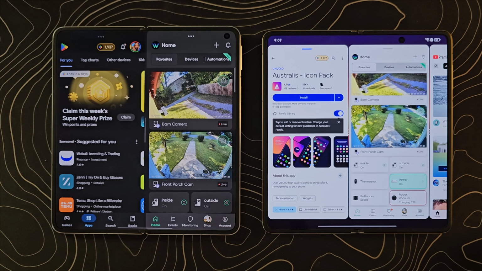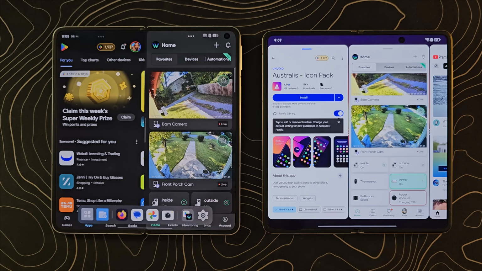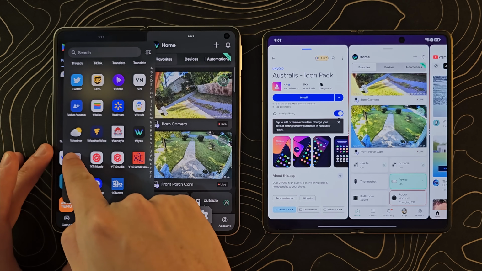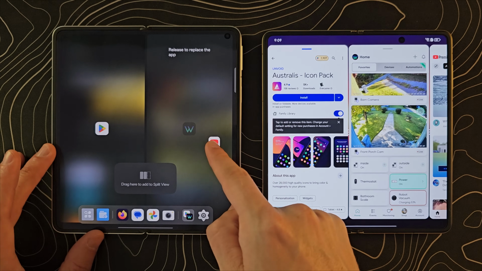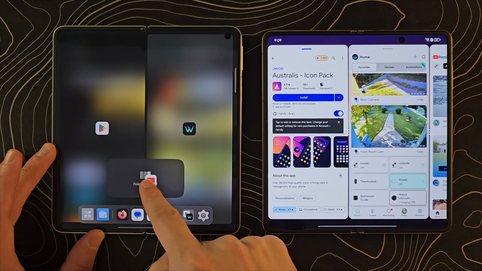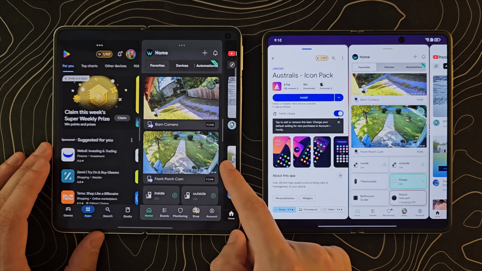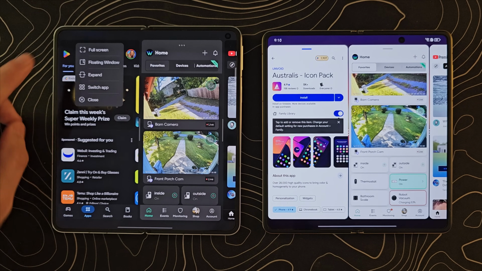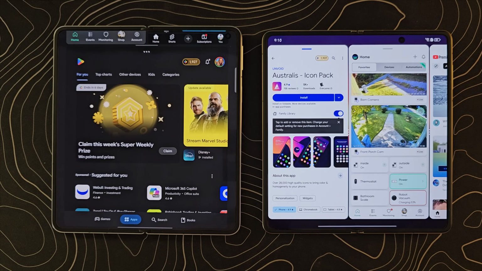Here I have the Oppo Find N5. You could also substitute in the OnePlus Open. If I do my little up swipe and I go to grab YouTube, when I bring this in, you'll see that things do look very, very similar at first. I got to bring it down here to add it to split view, where we have three apps just basically sliding back and forth. But on this phone, you can tap up here and you can expand,